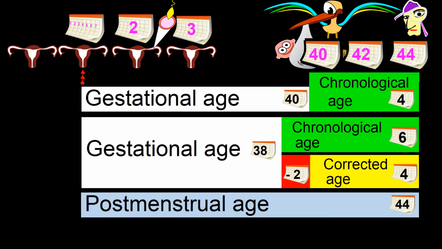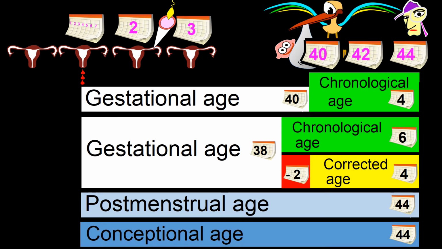Postmenstrual age corresponds to the time from the first day of mother's last menstruation till the time the patient is seen by the doctor, in this case 44 weeks. The term conceptional age, as it was used in the past and as it was used when all the data regarding neonatal EEGs was being collected back in the 1950s and 1960s, is interchangeable with the term postmenstrual age. But